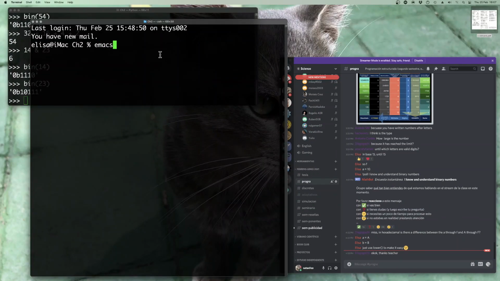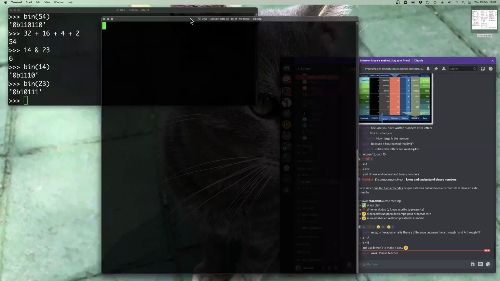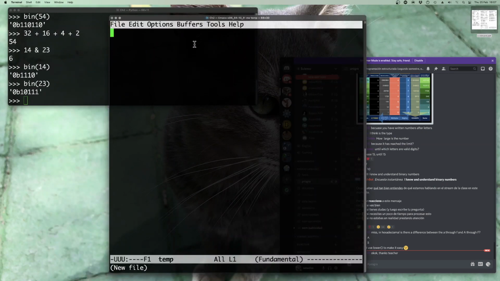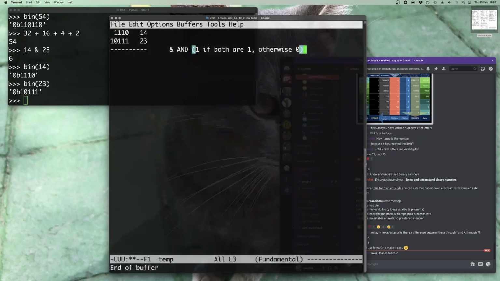Let's put this in an editor. So we had a 1, 1, 1, 0, that was 14. And I have a 1, 0, 1, 1, 1, that's 23. And I was doing an ampersand, which is the logical AND. An AND means 1 if both are 1, otherwise 0. So when I do this operation,